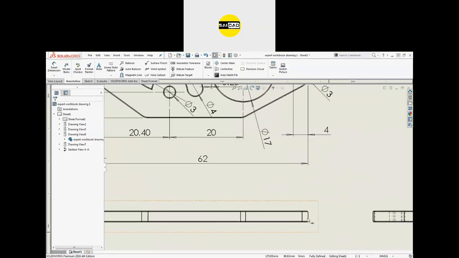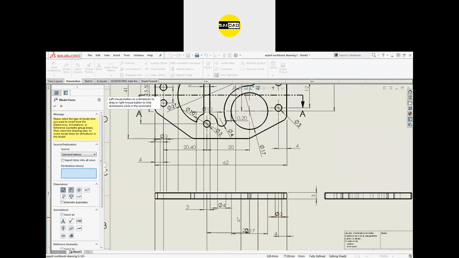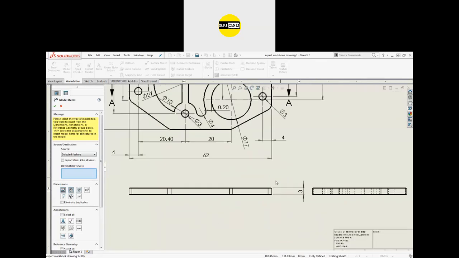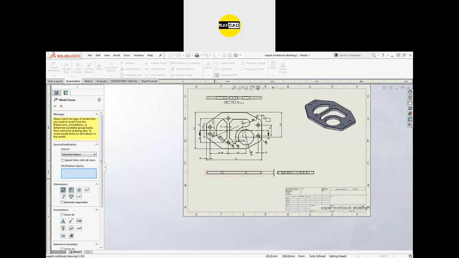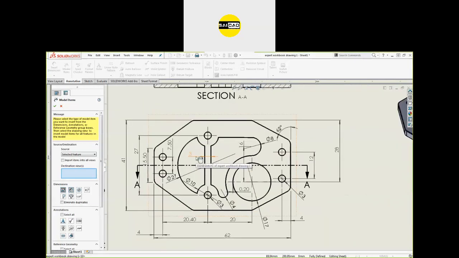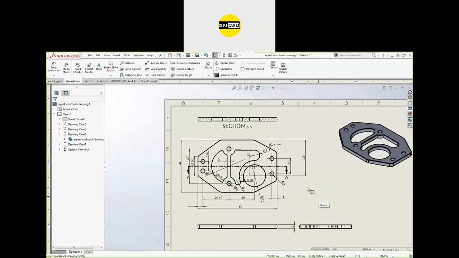For the thickness, you can just go to the model items again. So just select this and select this view only. You can see we have so many dimensions right here. I don't want these dimensions, so delete those. I don't want these dimensions also. Delete those. I just need a height here. So like this, you can create your views, you can create your dimensions, and click OK. And here is the image.